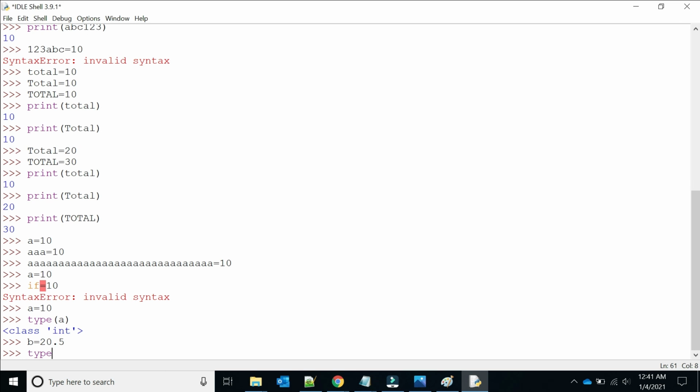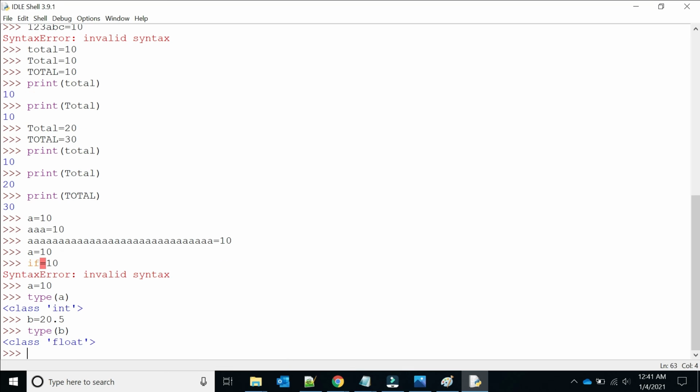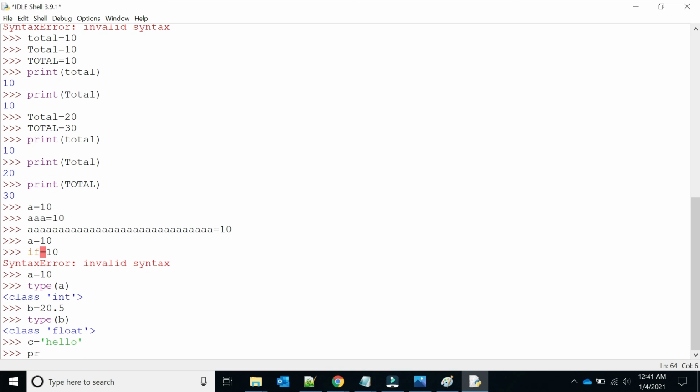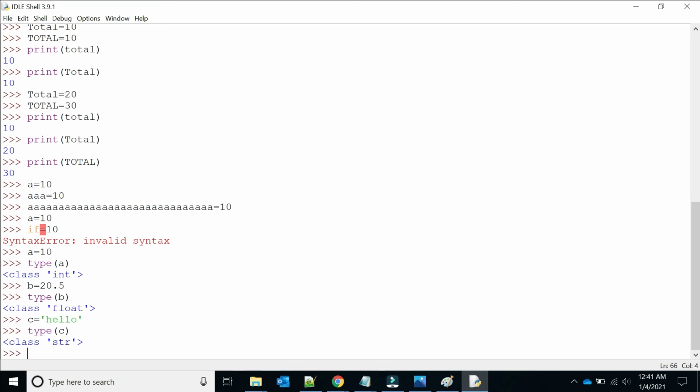Now type of b, it is float. So automatically the Python virtual machine is identifying the data type of the variable. If I write c equal to hello and type of c, it is string. So that's why Python is a dynamically typed language.